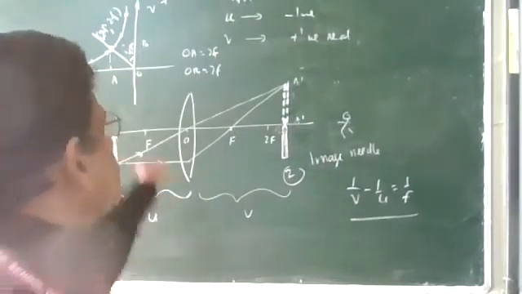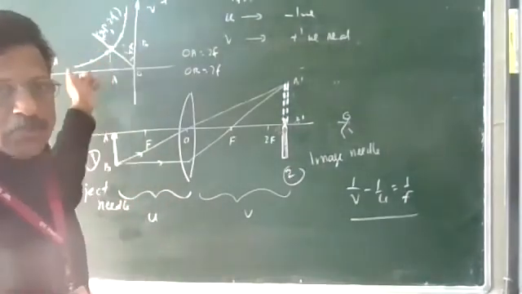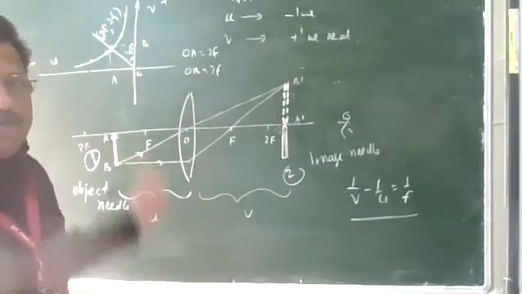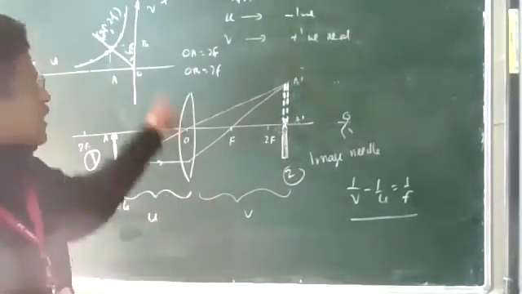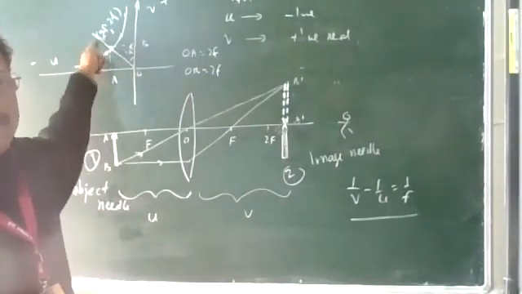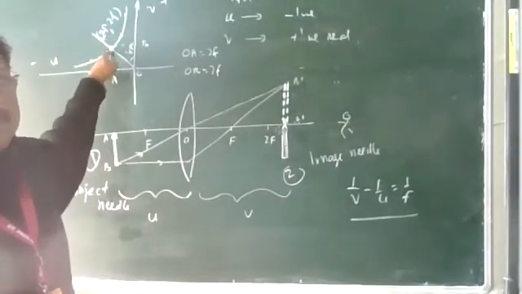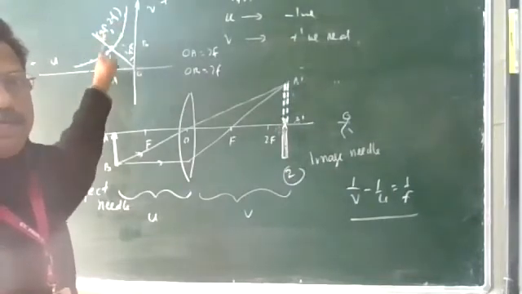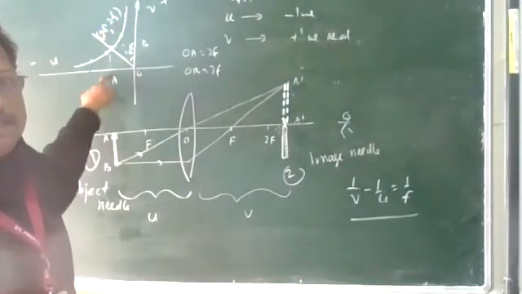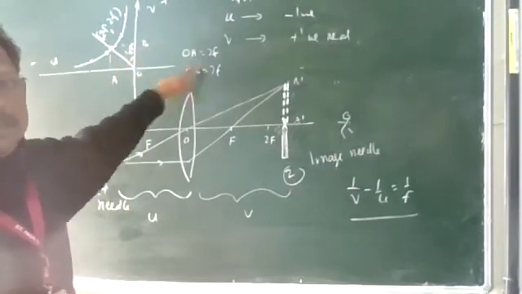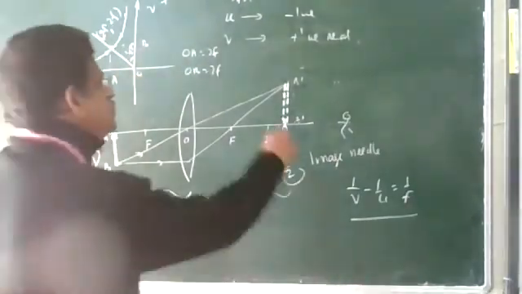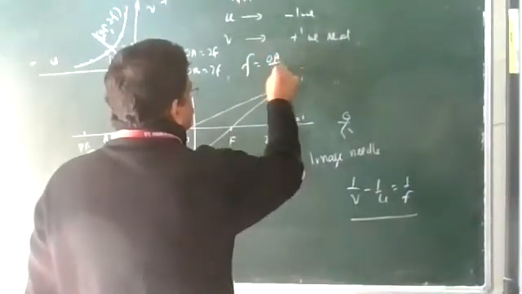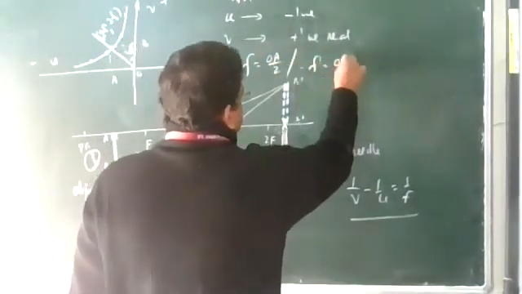Suppose you are getting points only on one side, 2 or 3 points. To get the other side, you interchange the values of U and V. The point that comes on the other side, you can compare with the graph. Draw the angle bisector. The angle bisector touches the graph. Coordinates will be 2f and 2f. So how much is OA here, and how much is OB here? And F will be equal to half of that. F is equal to OA by 2 or F is equal to OB by 2.